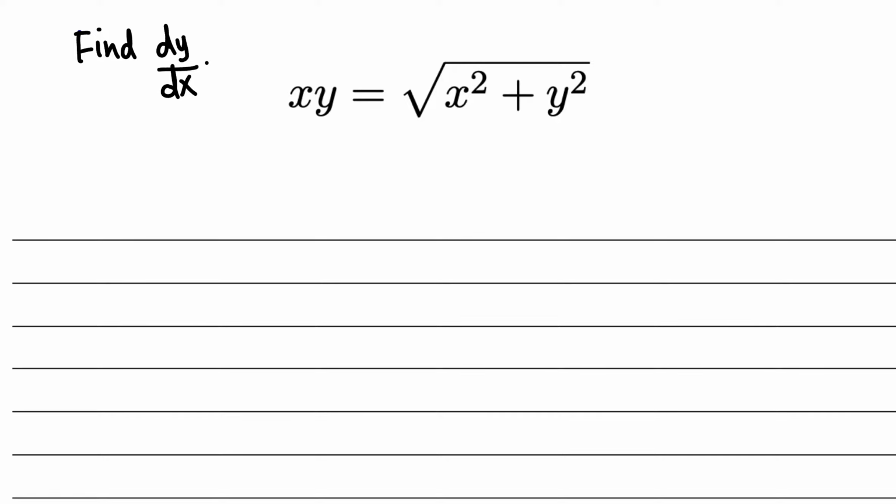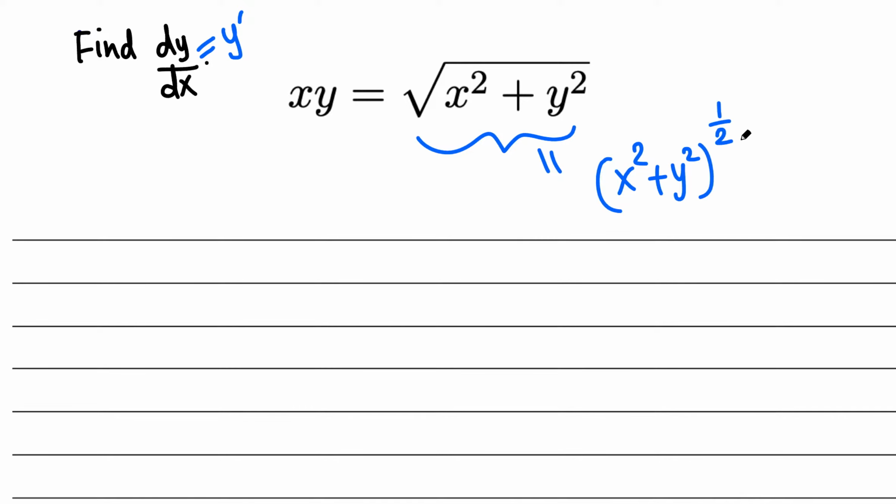Find dy over dx. For short, I would write y prime. Y prime means derivative of y with respect to x for this equation: xy equals square root of x squared plus y squared. By the way, square root of x squared plus y squared is the same as